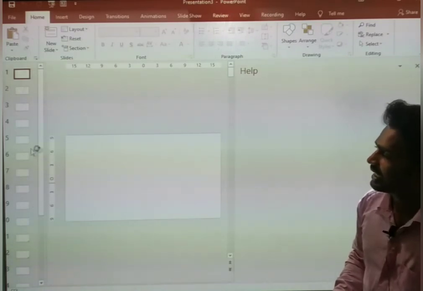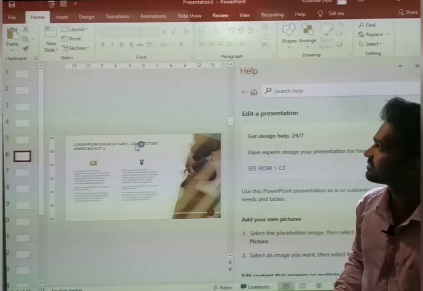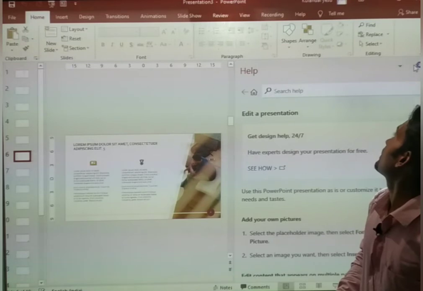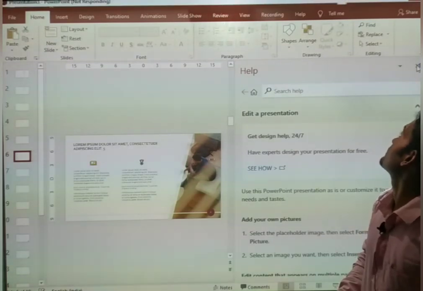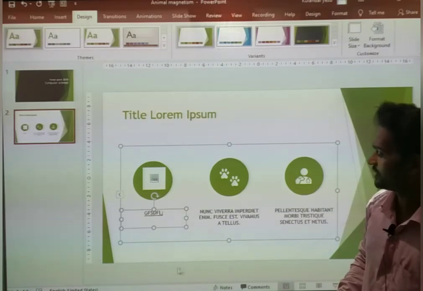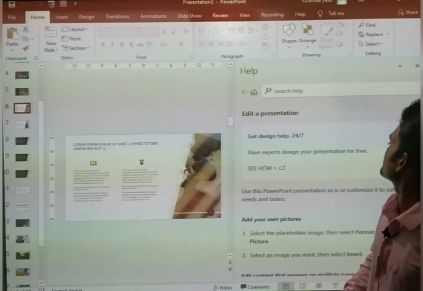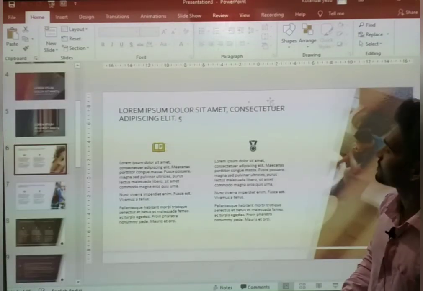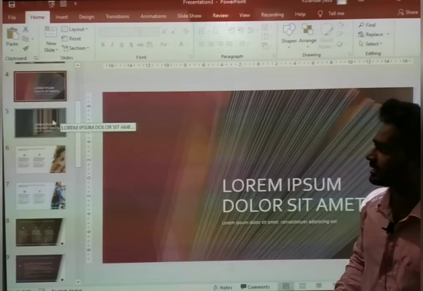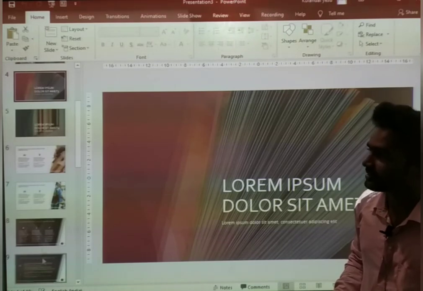See here, it has plenty of designs. I'll just close that. Okay, what happened? Okay, fine. So here, templates here, see here, it has 19 slides.